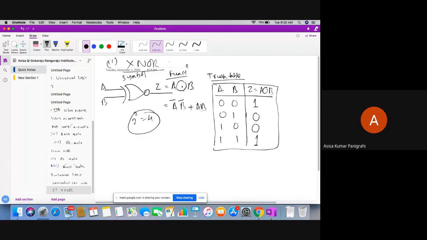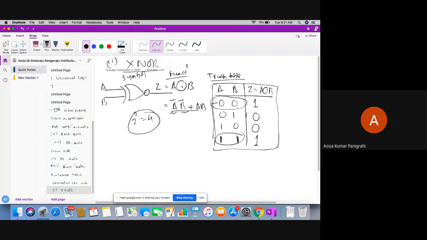So now how can A bar B bar or AB come up? You can see where the output enables. Here my output enables. At that time A is in complement form, B is in complement form. This is A bar and B bar. Next, here also the output enables. That's why it's in the form of A, A is in uncomplemented form, and B is also in uncomplemented form. That's why AB. So A bar B bar plus AB has been derived from the truth table.